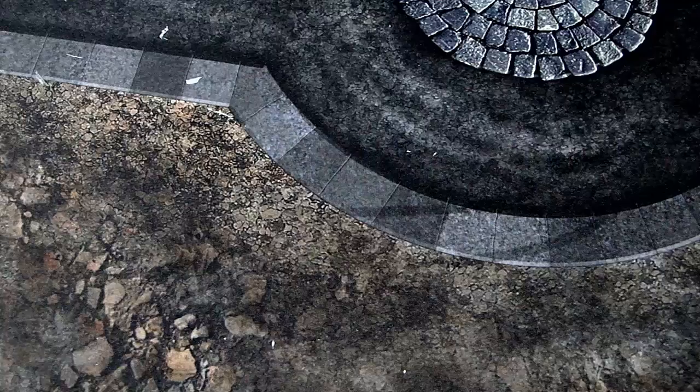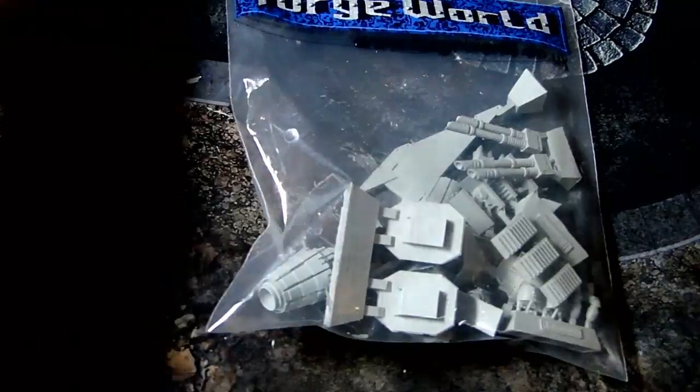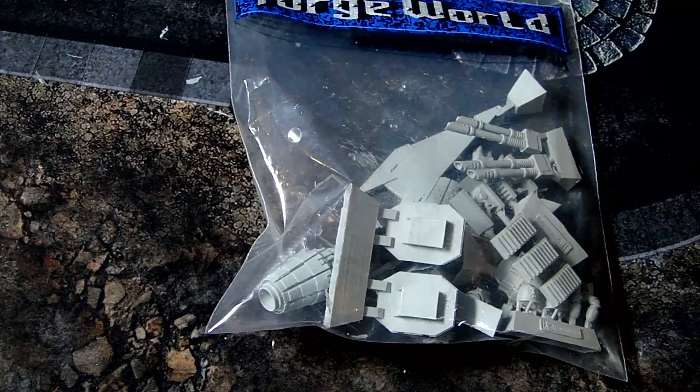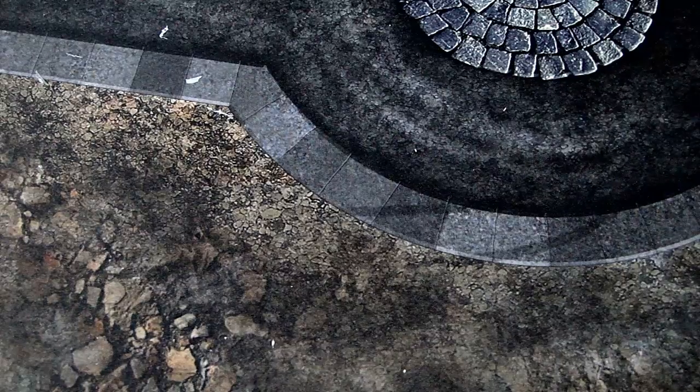We've seen the Land Speeder, I guess it's the Land Speeder Tempest, I want to say. That was kind of a self-contained fighter thing that definitely looks very similar to this, and that's maybe where more of the real-world appeal might be coming from, as far as, oh my gosh, that thing looks so cool. But overall, I think this thing is definitely better in the Horus Heresy, and it just had its